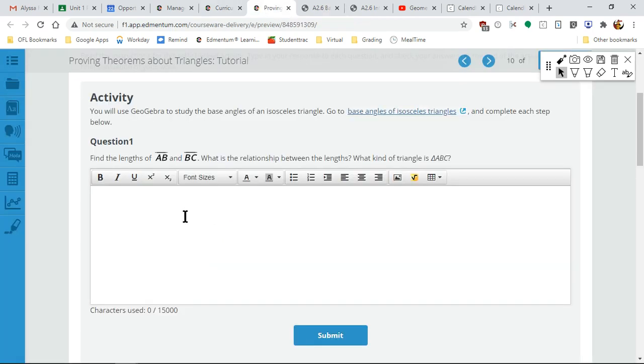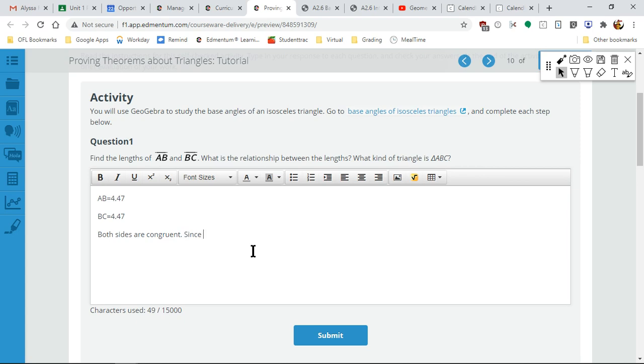So we found out that these are congruent. What is the relationship? What kind of triangle is it? So AB equals 4.57 and BC equals 4.47. And this is asking us two questions. What's the relationship? Both sides are congruent